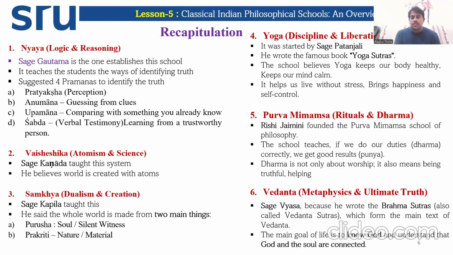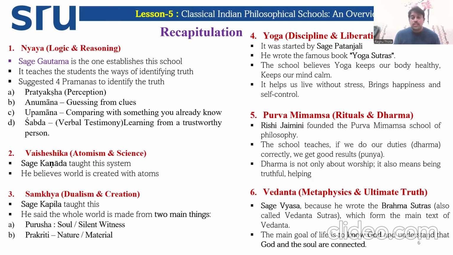For example, there is a plastic toy. After playing with the toy, the toy was broken. The toy's shape was damaged, which is not permanent. Shape is not permanent, but the atom is permanent. That means the plastic is permanent. What are we going to do with the broken toy? We recycle it and we can make it into another toy. So atoms are eternal and the remaining things are temporary. That is what the Vaisheshika school always suggests.